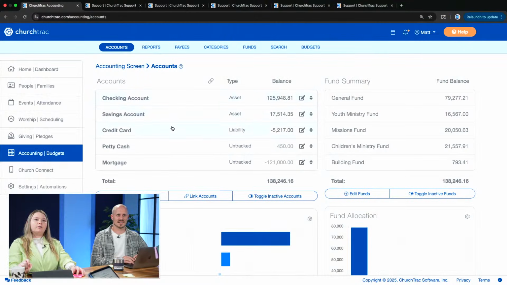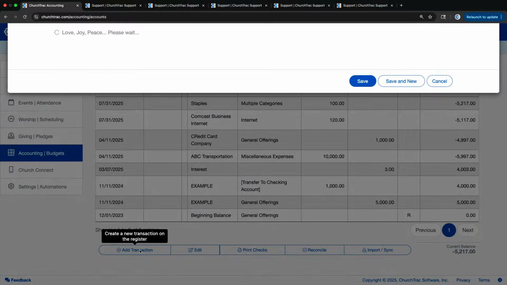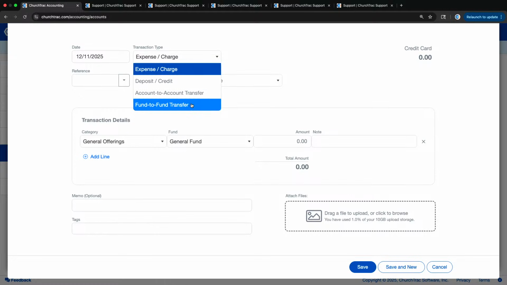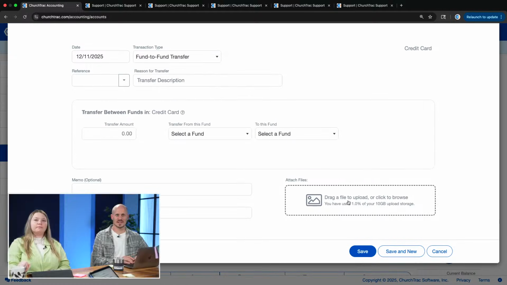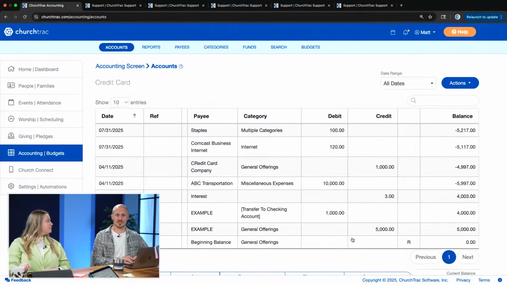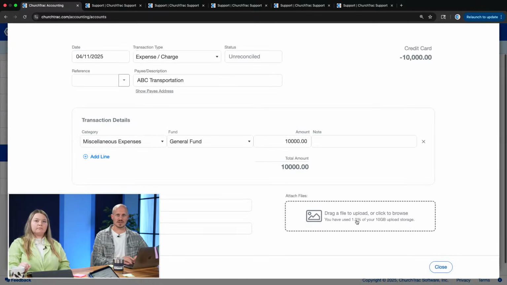Let me do this. If you go to your checking or credit card, do the credit card, you were using that as an example. You can go ahead and go to Add Transaction down there at the bottom. And you'll see this actually wasn't there before. This is a smaller new enhancement where you can just drag and drop right there. Even in a fund-to-fund transfer, you can have a file attached. You can even do this retroactively. You can go to a past transaction and upload or add that document or attachment there.